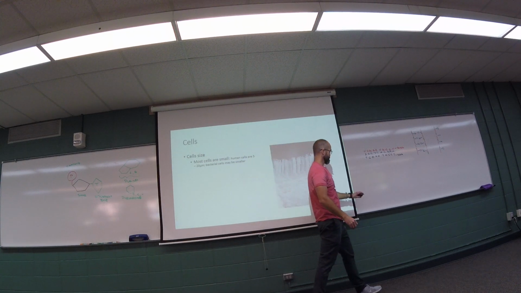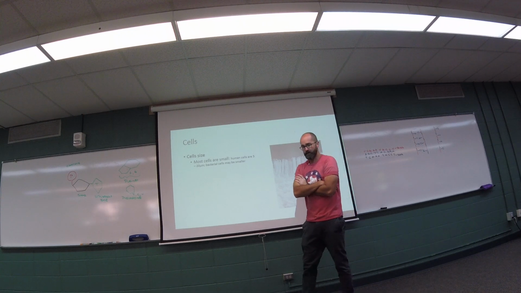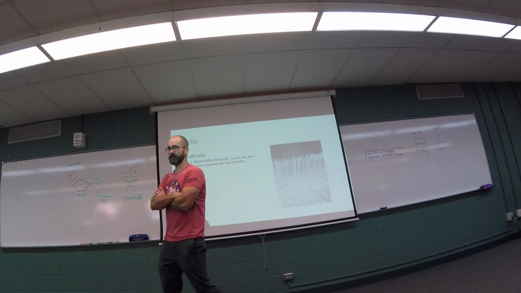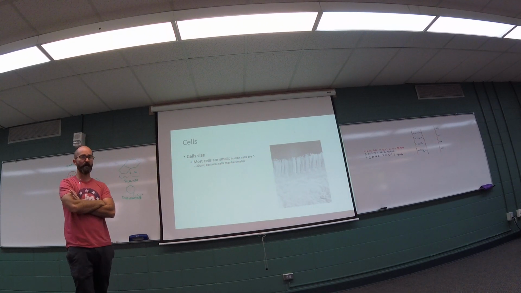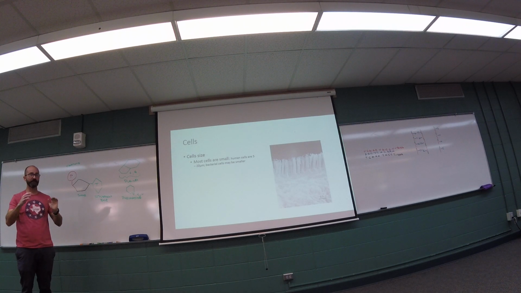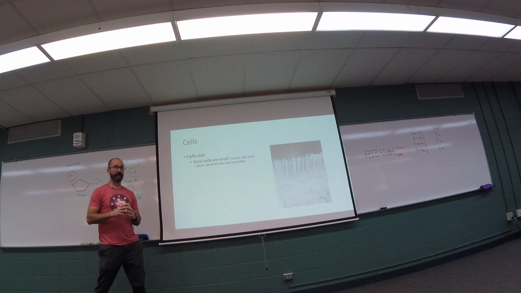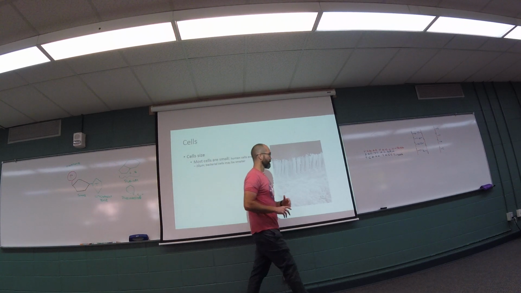Now, there are some problems, and we'll conclude with this brief discussion. There are some problems when studying cells, because cells are incredibly small. Human cells are between 5 and 20 micrometers, which is really, really small. You can't see it with the unaided eye. And bacterial cells can be even smaller than that. So, how is it